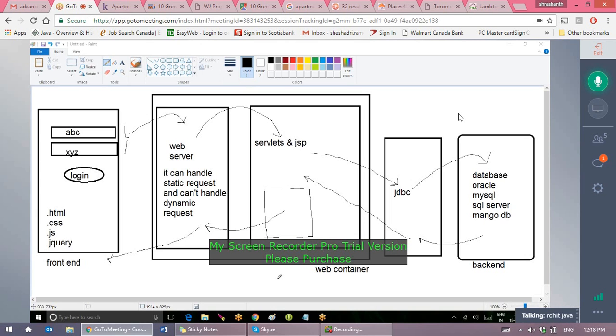Mohan, is it clear? Others? Yeah. Now, it's clear. The next thing will be